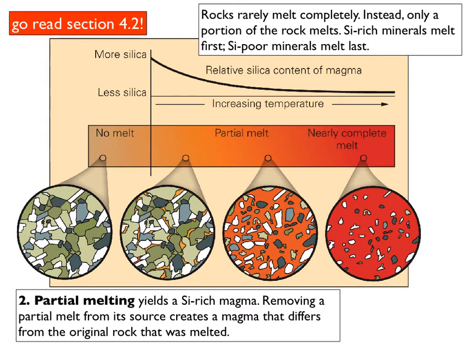What that means is that only a portion of the rock melts, and it's not just random. What happens is that the silicon-rich part of the pre-existing source rock melts first. The silica-poor minerals get left behind in the residue, or another way to think of it is that they melt later. So if you take a rock and do just a little bit of partial melting to it,